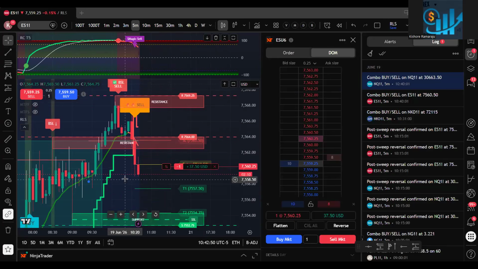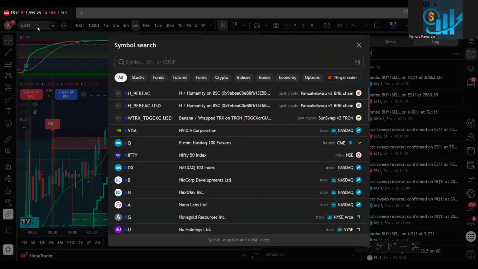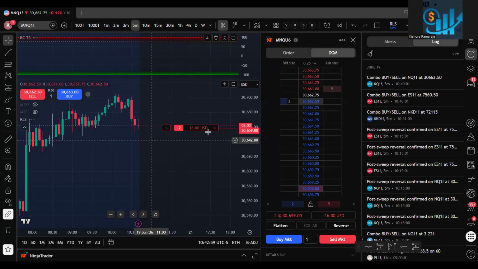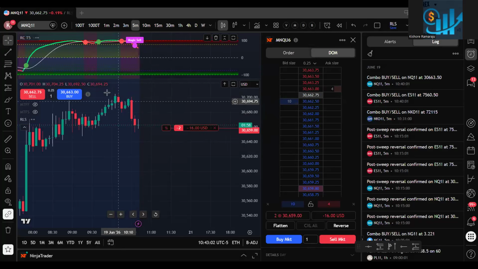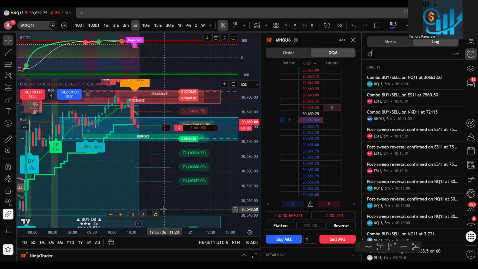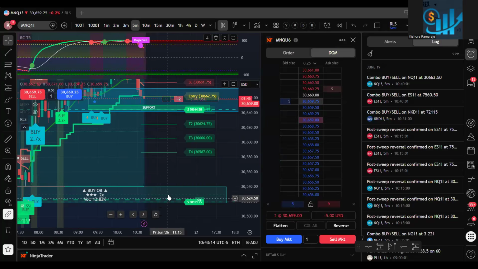Generally, when ES goes down, MNQ or NQ also goes down, so I also took it with MNQ. We are holding. The first MNQ I already booked some $100+. Now I am holding another MNQ where I am expecting minimum it will come to this 36.44. If it breaks 36.44, we should see all the way until 35.40. Because today is a holiday, the volumes are less. Otherwise, it would complete much faster.